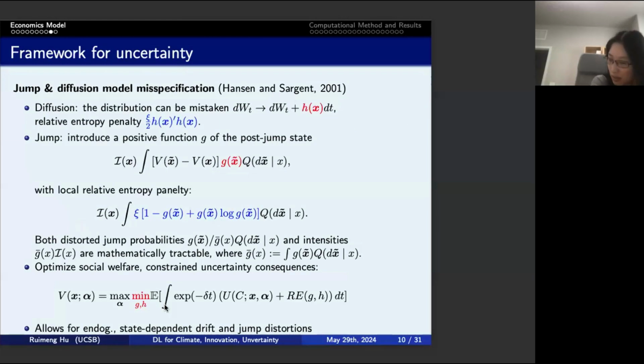And now let me talk about how we incorporate uncertainty. So the first uncertainty is about the risks, which essentially refers to the Brownian motion that appears in the dynamics, and for that part we just take the expected utility of the consumption. The other part of uncertainty, which refers to the jump diffusion model specification, is explained in this slide. So for the diffusion part,